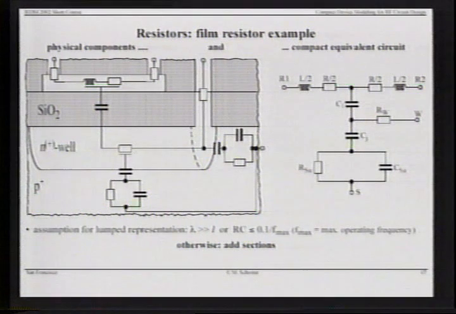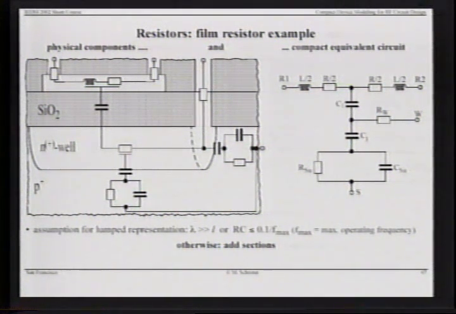If the resistor gets long enough, we have to include at least a self-inductance to keep it as simple as possible. We might have to add more sections of the equivalent circuit on the left-hand side, but let's just look at the other elements. There is an isolation cap, then there is a junction cap down here, typical substrate network, possible resistors of the substrate contact here, and what we end up with after lumping some of the elements for high frequencies, we end up with this compact equivalent circuit for a resistor, where we have these two terminals